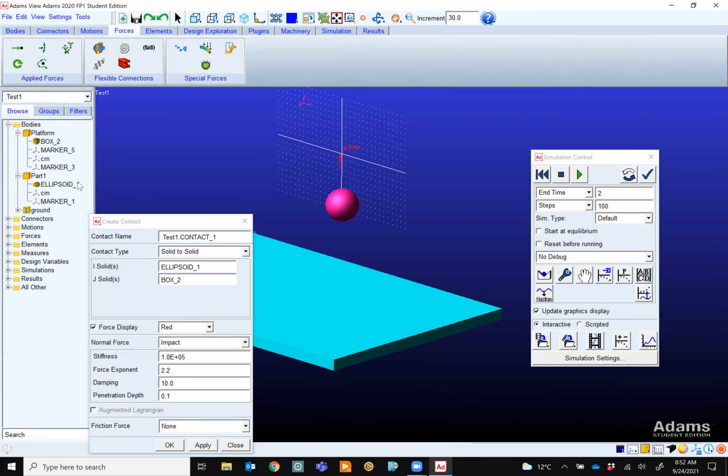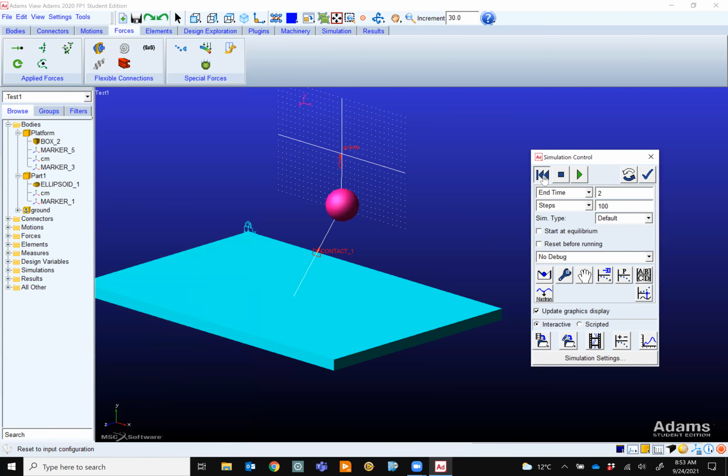Remember, these are the names because we haven't changed them. You can also change those. I was lazy, I didn't change them. That's why the name is box 2. So for now, you don't need to change anything because by default, the material that the program chooses is steel. You can change it later to aluminum. I will show you in a minute. And based on that, the program selects these parameters for you. However, later you may Google and say that I need a contact between, let's say, aluminum and steel. On the internet, you can find these coefficients. But for now, leave it as it is, and then hit OK.